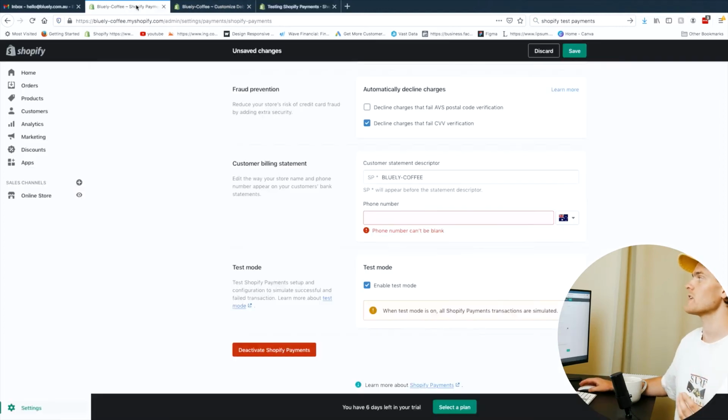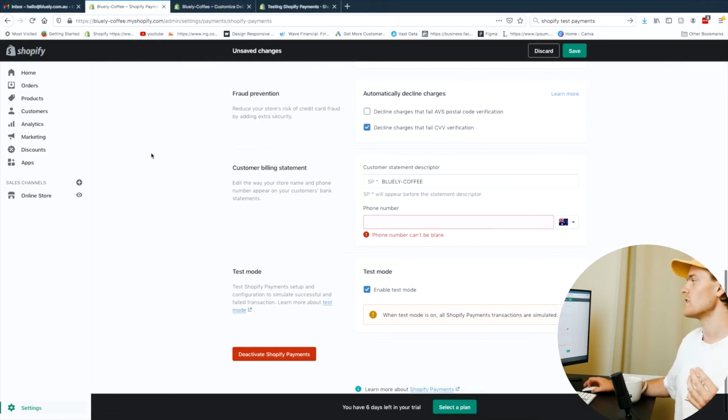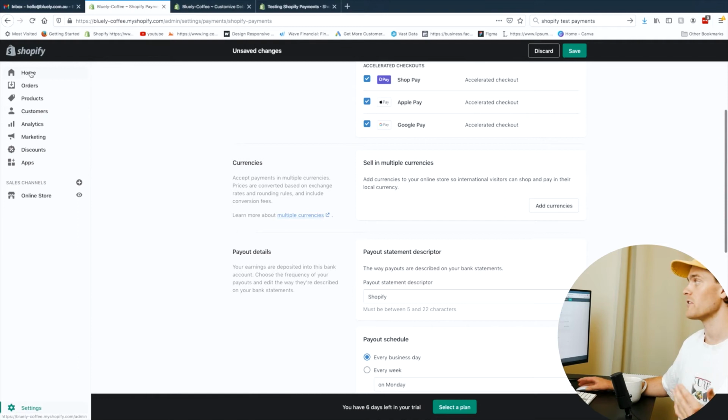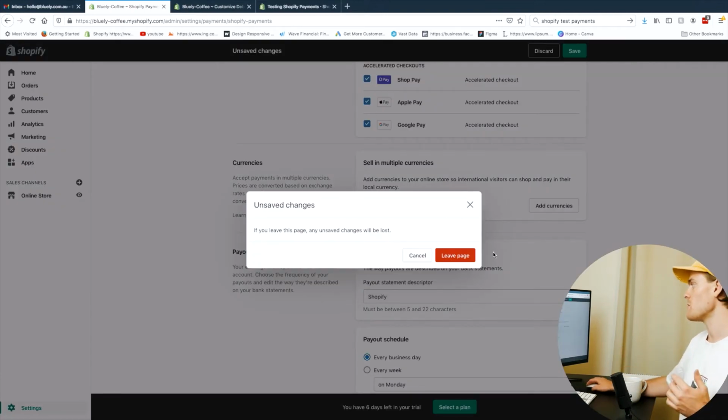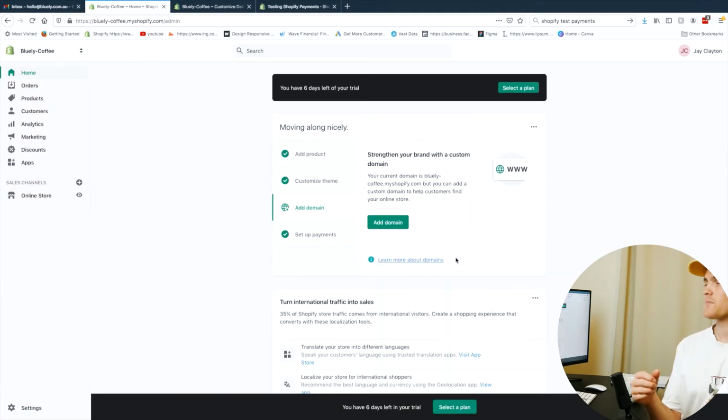And you will also get the opportunity here to test your email notifications. So when someone makes a purchase, you will receive an email letting you know that an order has been placed, and the customer will also receive an email sending them their order summary right after they've made the purchase. So when you receive these emails, both as a customer, if you put in your own email address,